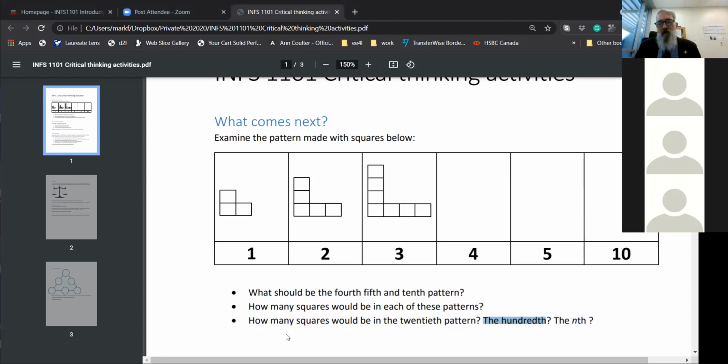Now, this is the thing, right? If you were writing a computer program to build this, that's what you would do, right? You'd say, okay, enter in the number. They'd enter in the number. You'd call it n. Then you'd say 2n plus 1 is the number of bricks. Or else you could say,